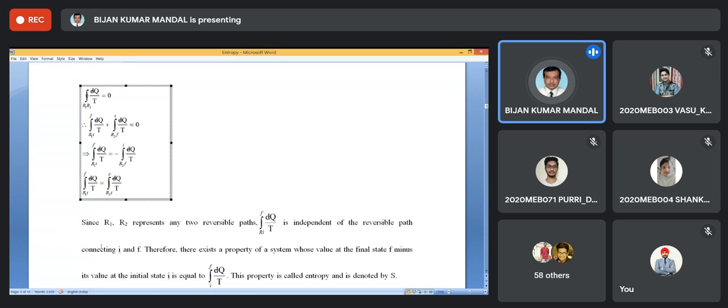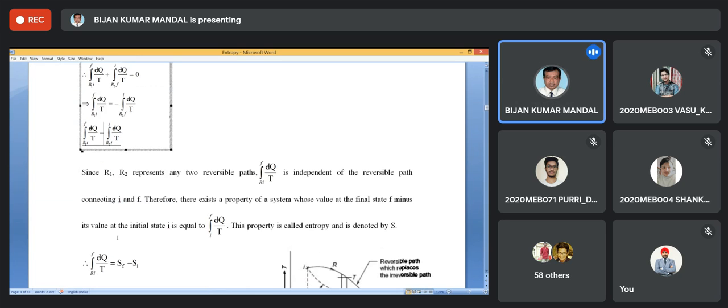So this shows that there exists a property of a system whose value at the final state f minus its value at the initial state is given by the integration of dq by T from I to f. And this property is called entropy and is denoted by S. So basically the concept of entropy came from mathematics. Since after that we are not able to progress, let us define here a property which is basically a